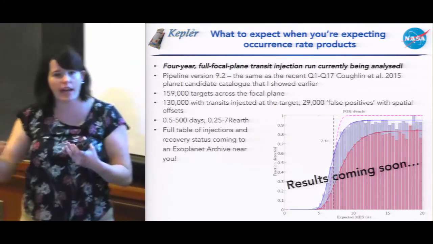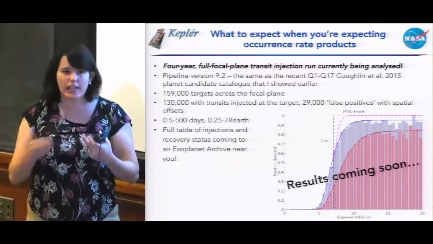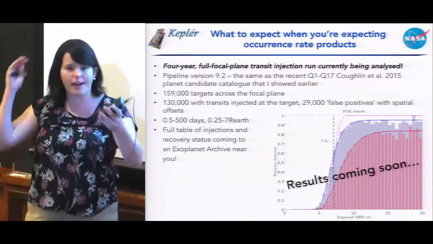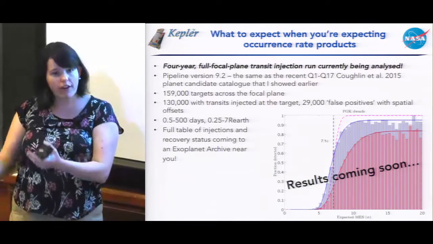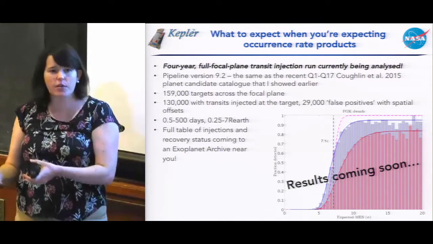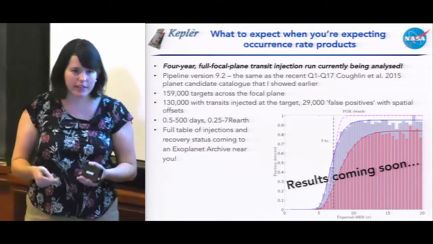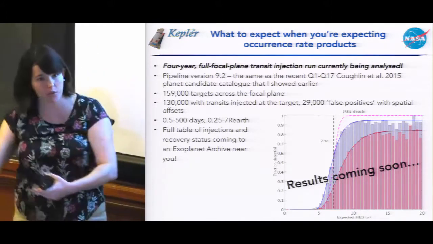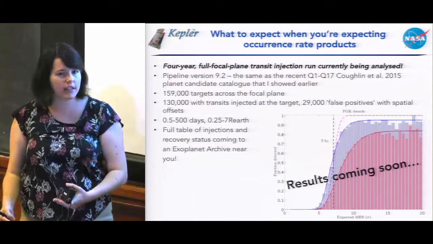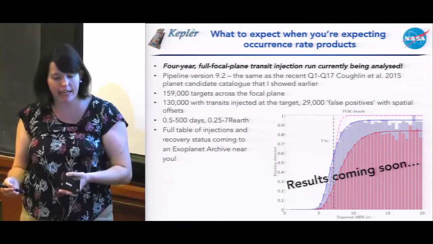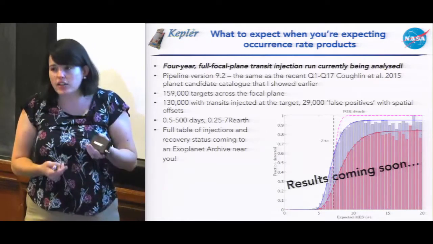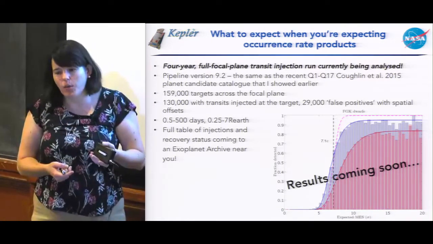So that was an important aspect of completeness, that the pipeline didn't keep searching these objects where, if it found a high signal to noise false positive, it was like, okay, I'm done with this light curve, I'm moving on. So you could find planets in those that were real that just hadn't been found by the pipeline. So we've changed that in the last couple of versions of the pipeline. Now we just keep iterating down to where we're not finding anything, and then classifying whether it's a false positive or a planet candidate. Some of these things might be things that the harmonic filter ate,